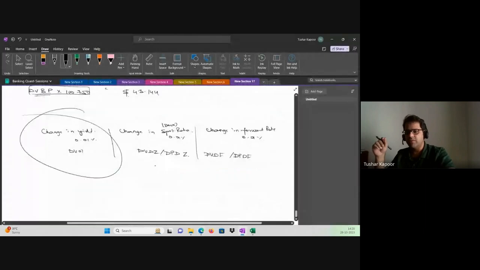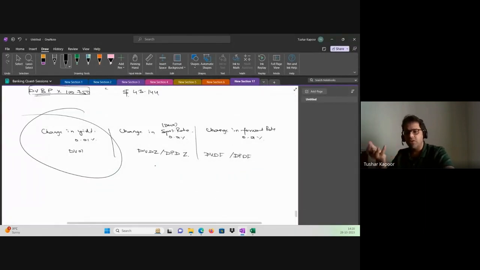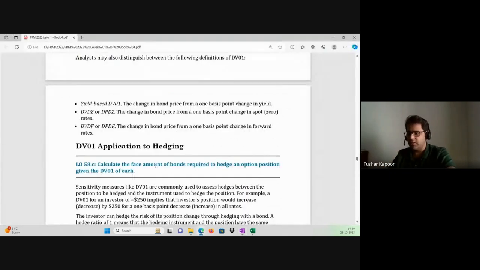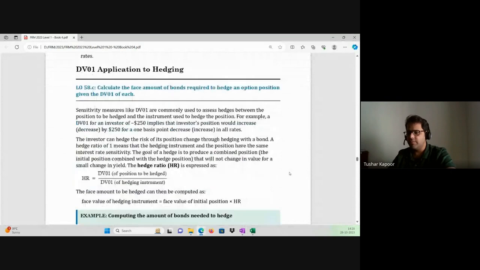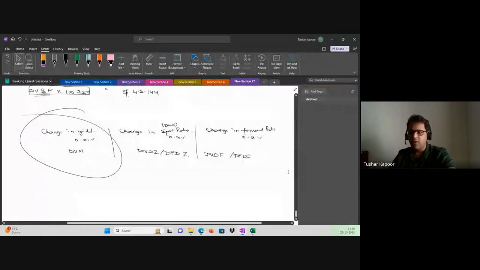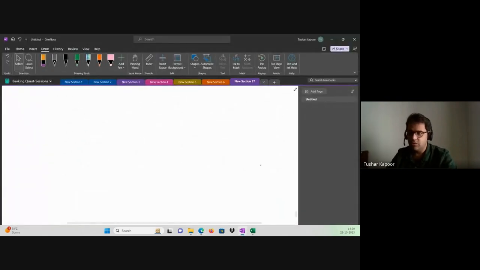Now, this is the way through which we got to know that whenever the interest rate changes, the bond prices do change. And when the bond price does change, it can go in either direction. If the bond price goes up, that means I'm making more money. If the bond price goes down, that means I'm having a loss. Now, it's important to protect against your losses, right? Whenever the worth of the asset that you hold goes down, that means you're having a loss. It's important to hedge it as well. And that is where DV01 is used for hedging as well, wherein you can connect this concept to the concept of hedging that was done in the